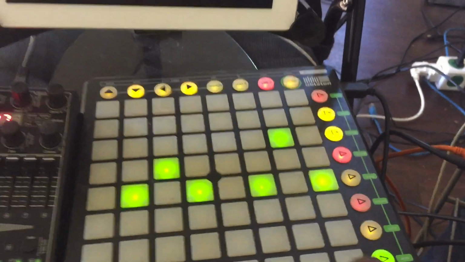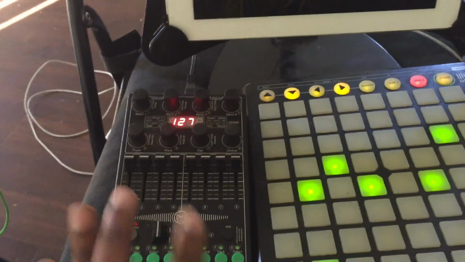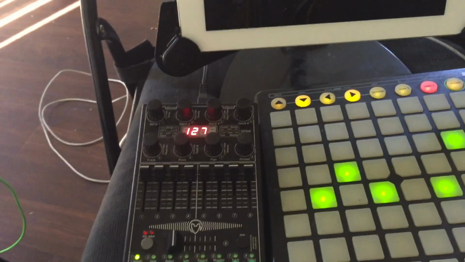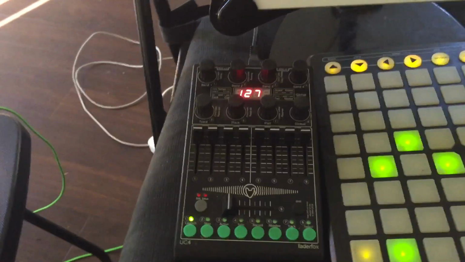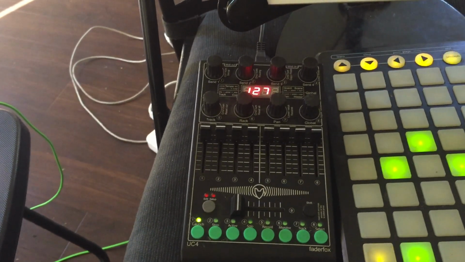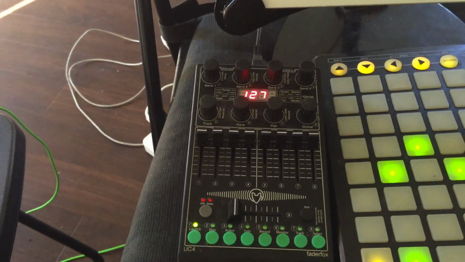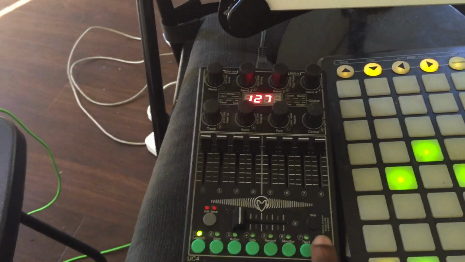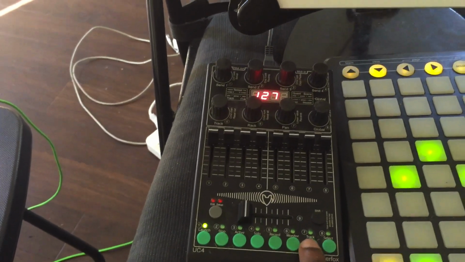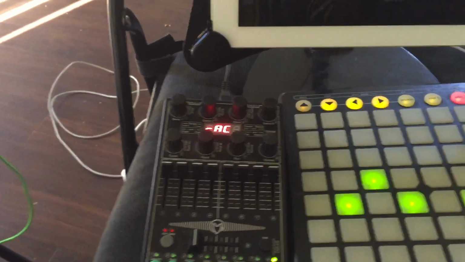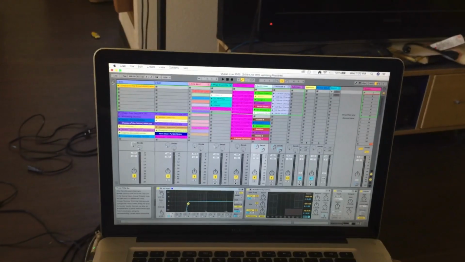For my main mixer controls and navigation, I'm using the Faderfox UC4, and I've got it set up using the native scripts. There's no added scripting that's done for this one. It's just the stock one that comes with it because it's very functional. So what I have it set up to do is my bottom buttons will switch between tracks once I set that up. So now if you look over it live,